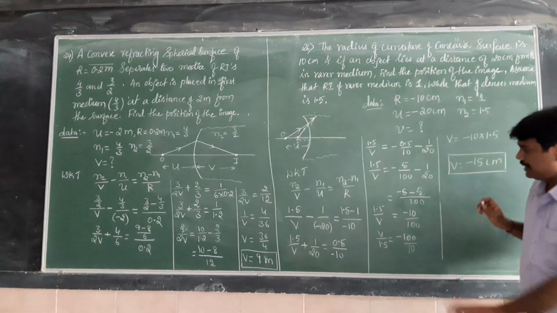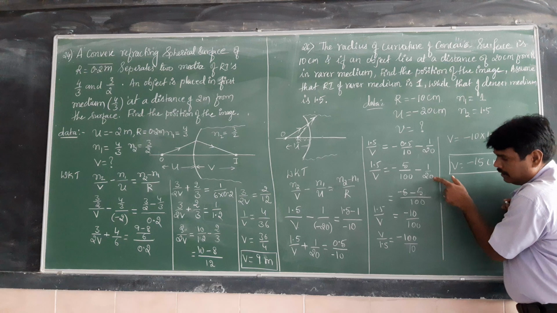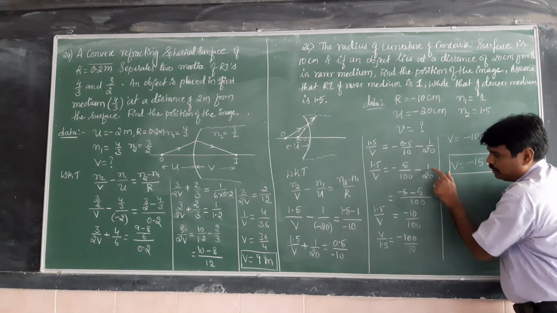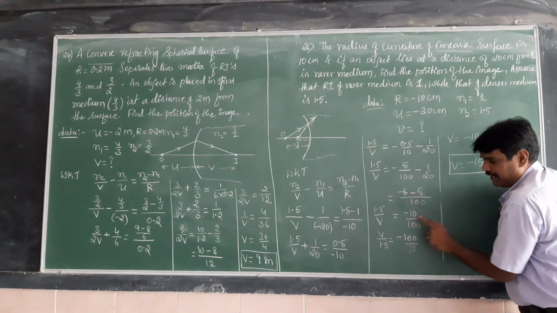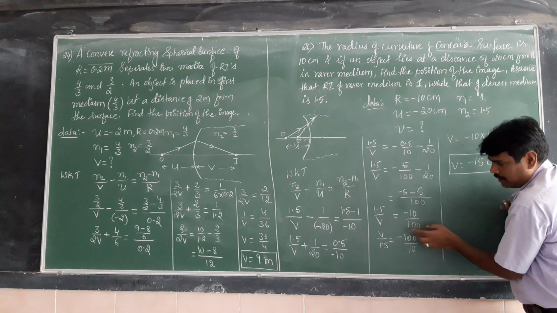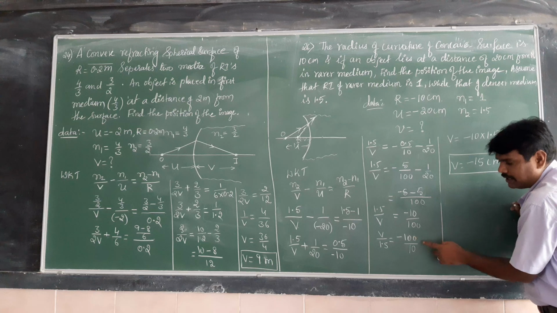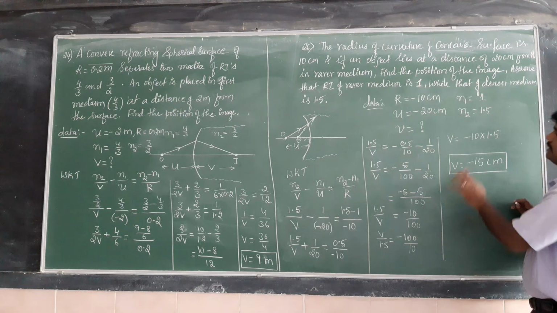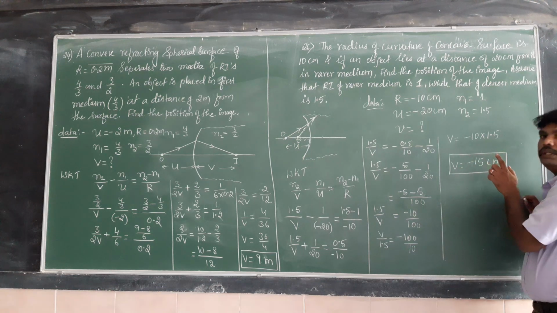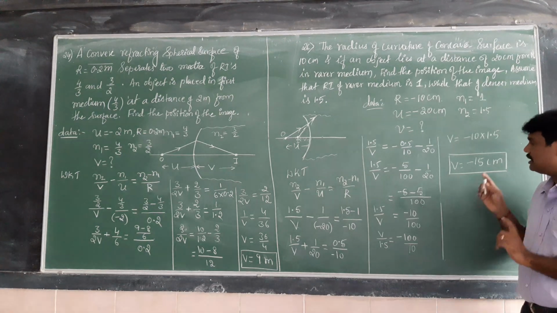Dear students, here is some modification. Here it becomes 10 into 5 is 100. That's why 10 into 5 is 100. 5 into 1 is 5. Minus 5 it becomes minus 10. Minus 10 divided by, we take the reciprocal here, v divided by 1.5, which is equal to minus 100 divided by 10. We know that 100 by 10 is 10 only. We take the cross multiplication, it will become 1.5 into 10 is 15 centimeter. The answer should be 15 centimeter.